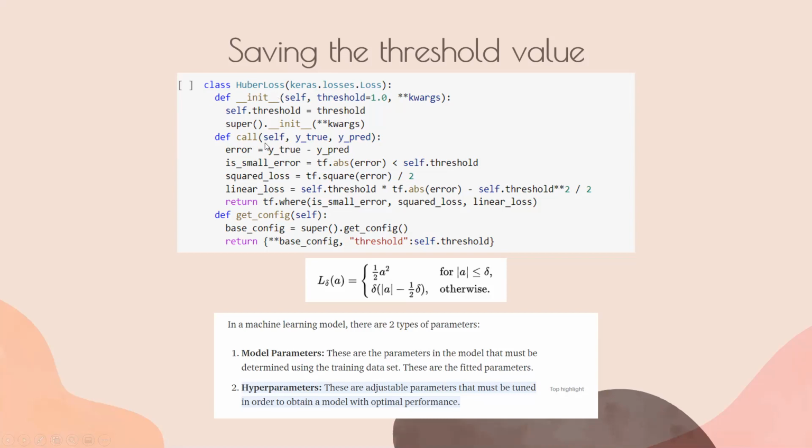So then we're going to do something where we call this. Remember, we have the true value, we have the predicted value, and this is basically exactly the same as what I showed earlier, where we're going to calculate the loss, right? So we're going to check if it's a small error. We're going to do squared error divided by 2. It's basically this function, right? And then we're going to have this get_config thing,